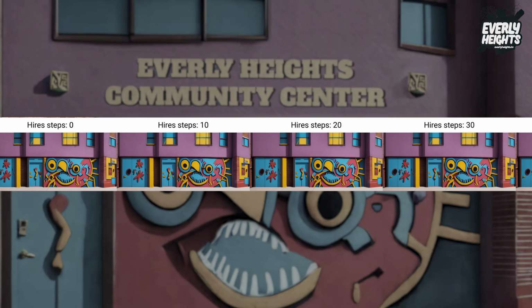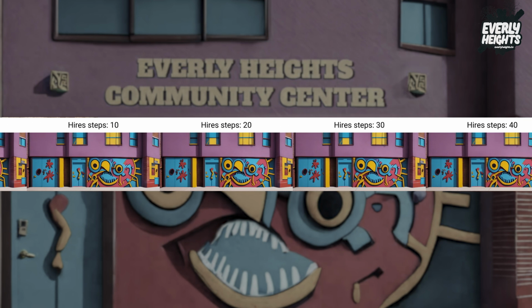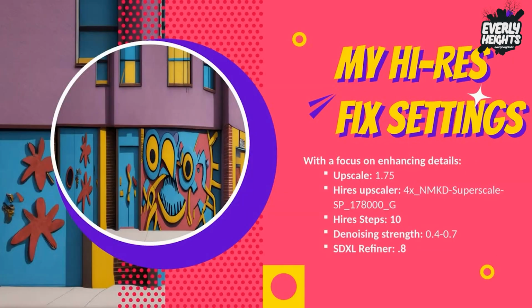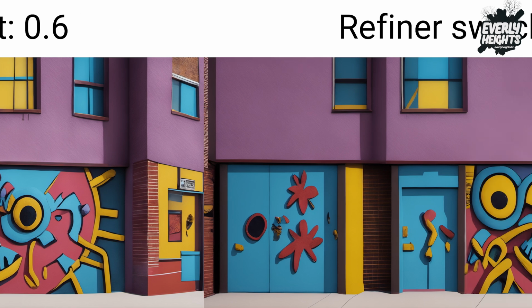Now, I tested out a lot of different ranges for high-res steps. After 10 steps, I really didn't see any substantial differences to the image, so we're going to stick with 10. And as far as the denoising strength, 0.4 to 0.7 on the grid seemed to work really well, and there were some small subtle differences between them, but not enough to worry about, so I'll probably start with a 0.4 and know I can take it up to 0.7 if I need to. And then last but not least is the refiner, which I found worked great at my standard default value of 80% or 0.8 on the refiner,